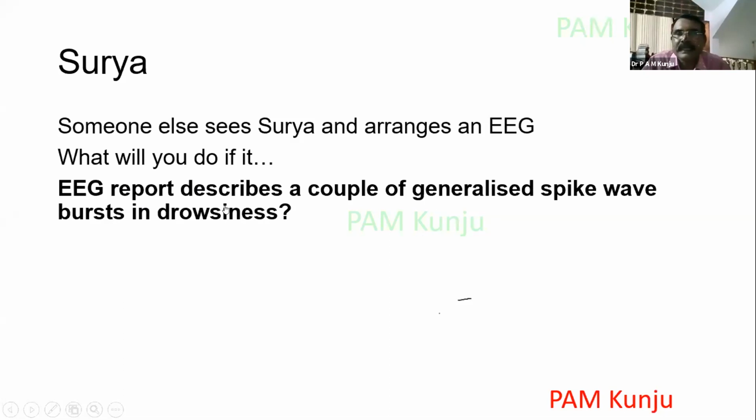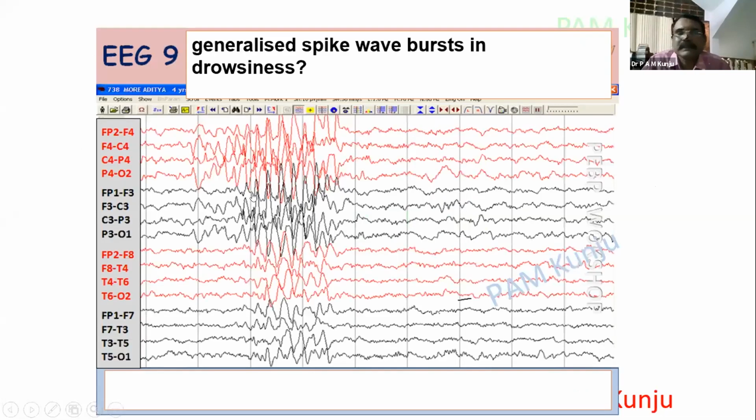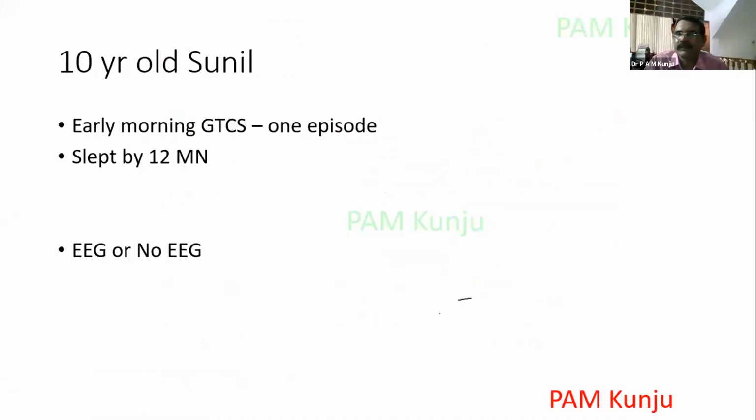Just see the EEG. Here again, you must understand that C4, P4, these are all vertex waves. C4, central vertex, again C3. So it's mainly arising from the vertex area, and this is what is called a hypnic burst or a hypnagogic hypersynchrony. Again, it is a normal one. That means our history, our diagnosis of the reflex anoxic seizure or syncope stands. So there was no need for any EEG.